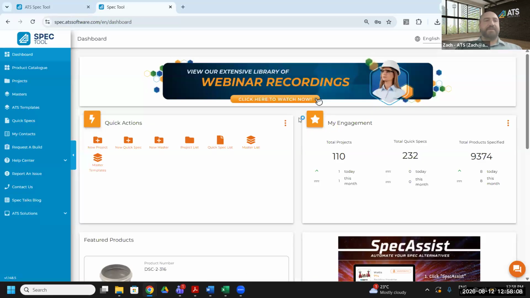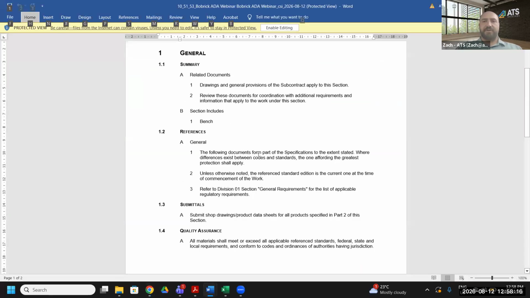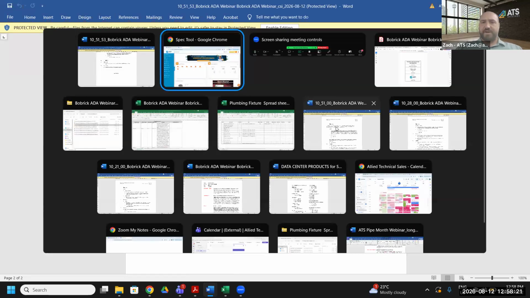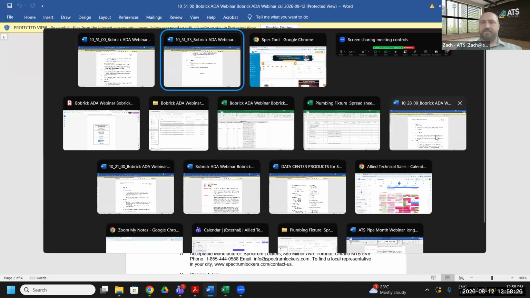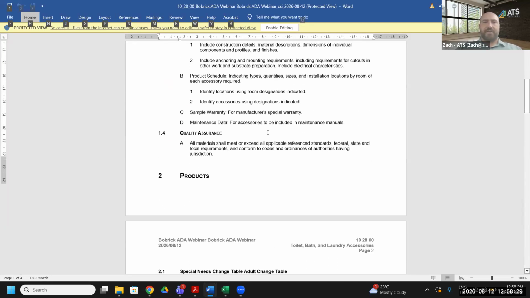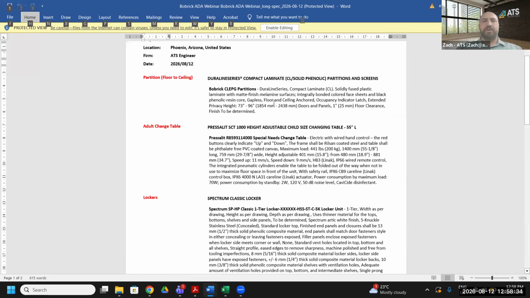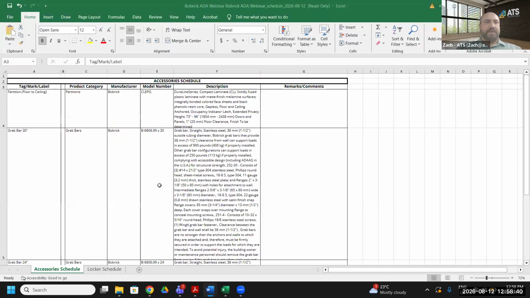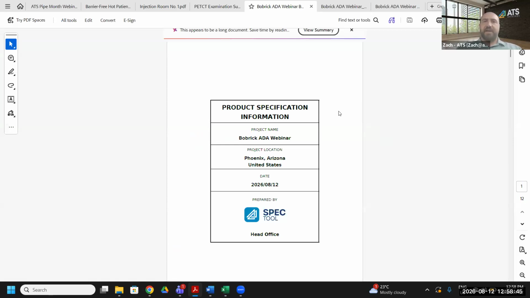And the goal of this ATS spec tool, which you can see once you log in here, is how quick and easy it is to get CSI 3-part specs like this. This is our locker benches. I've pre-downloaded a couple here, or the lockers themselves, or any of the accessories and grab bars. And of course, we have our individual long spec formats as well. We have schedules in Excel, and I'll go through all of these in a little bit more detail shortly,